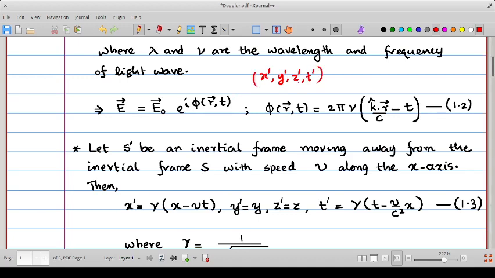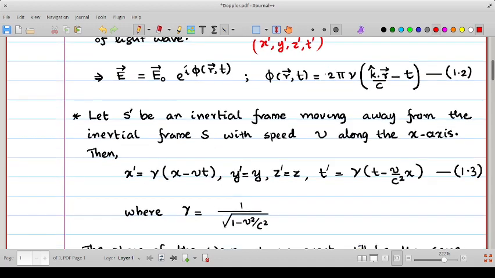So for any event represented by coordinates x, y, z and t, the corresponding coordinates in the frame S dash are given by the Lorentz transformations,